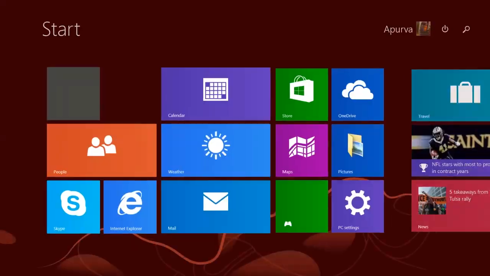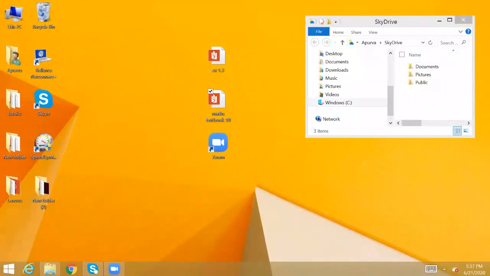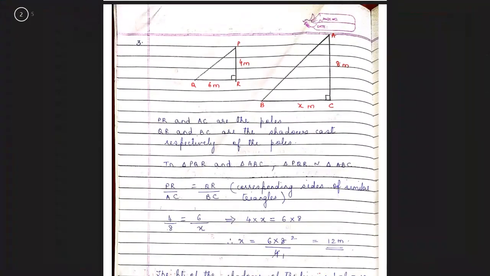Now we know that the shadow is cast on the ground by the pole. The angle that's formed between the pole and the shadow is 90 degrees. Therefore, you have these two triangles similar by SAS test, and hence I can use that test for similarity to do that question. Okay, I'll show you how to do it. Question number 3, drawn like this.